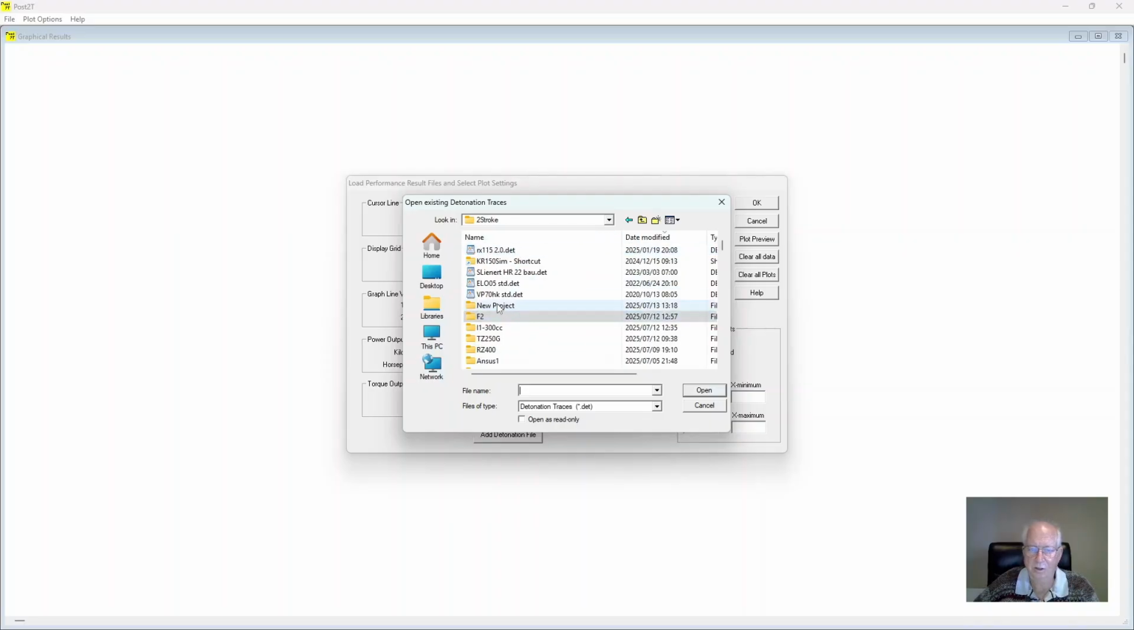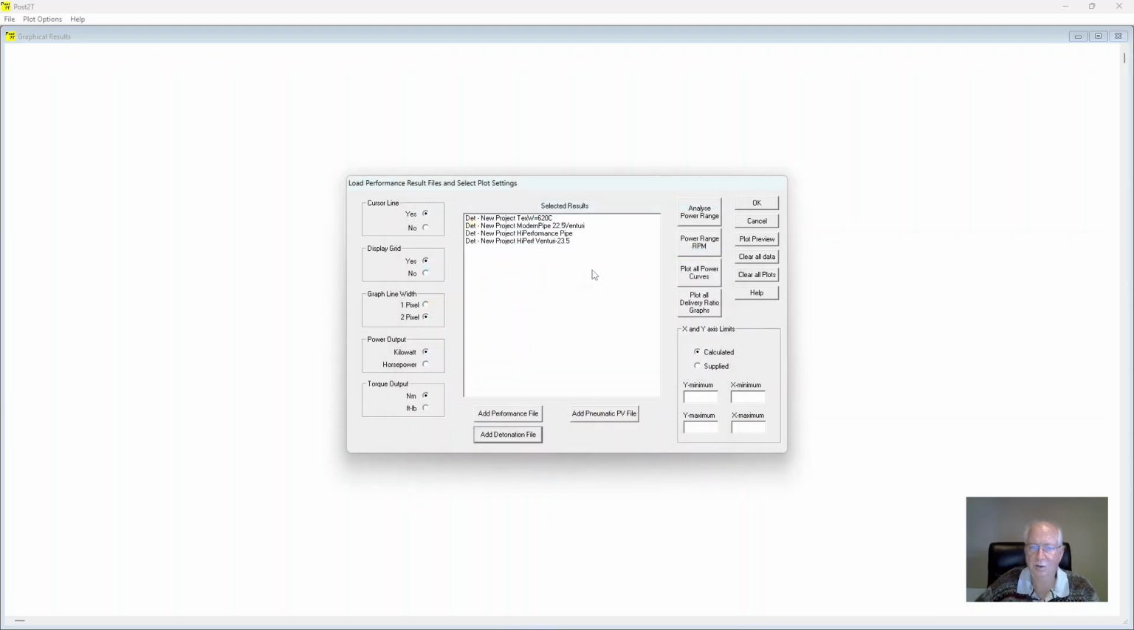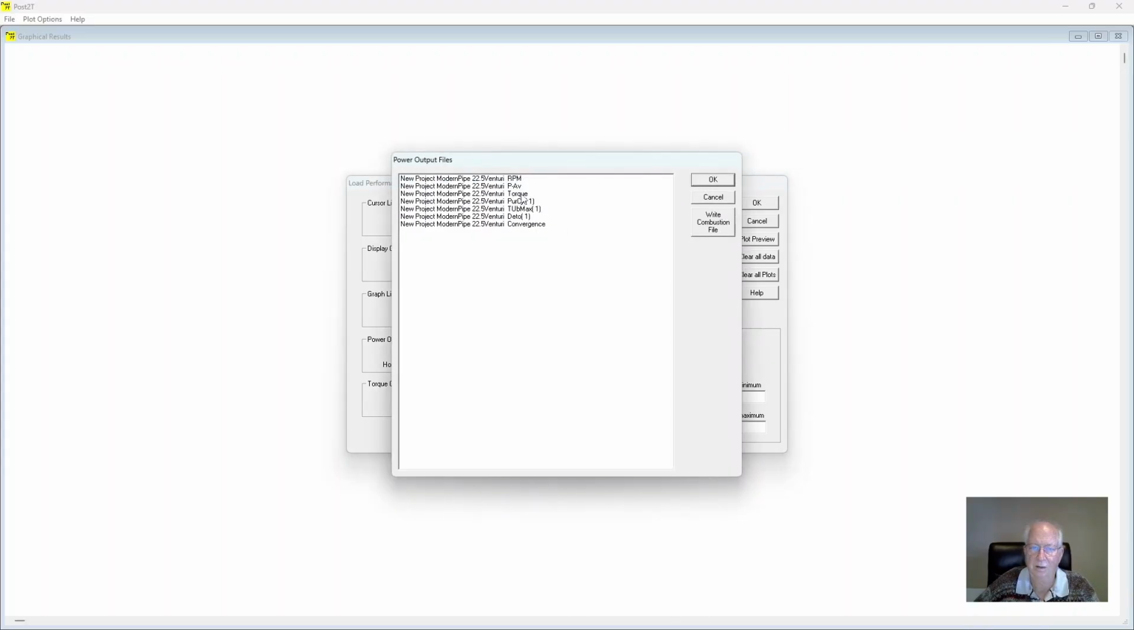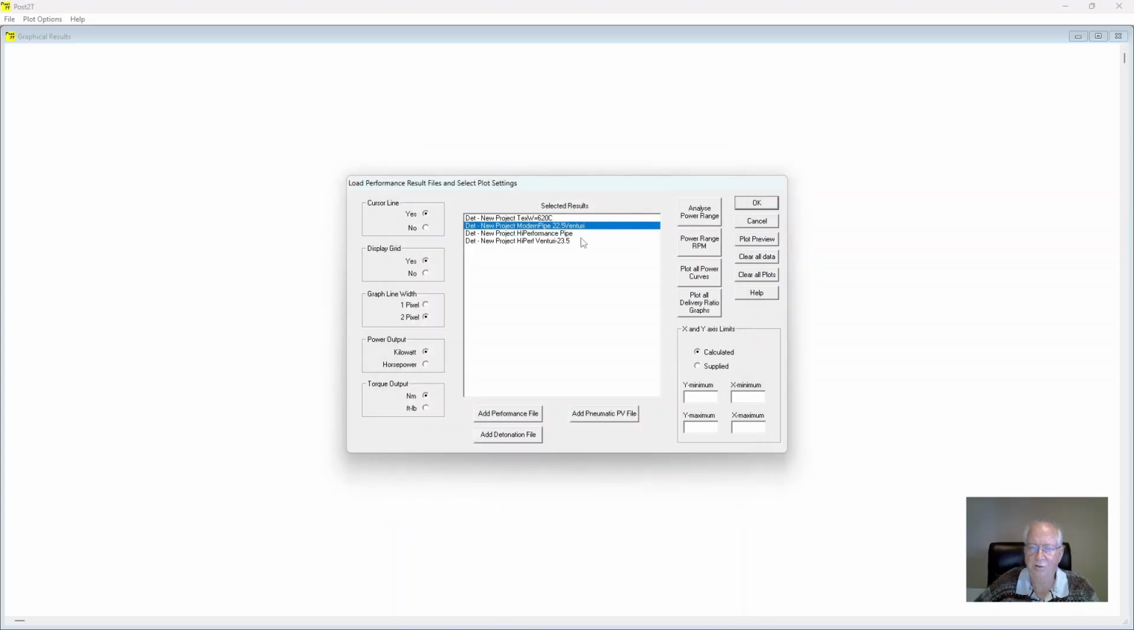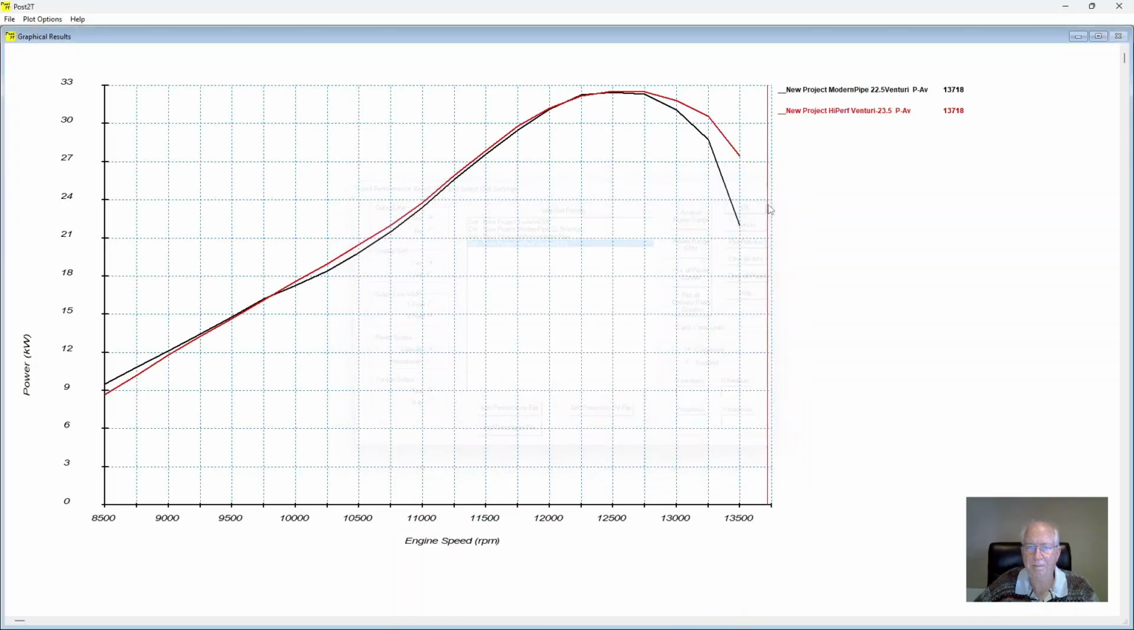In the directory, there's a new folder created with the project that we were looking at. Let's just compare the power of our final run there and the power of our final run here. You can see that the modern pipe gives a little bit better overrun and it looks a little bit stronger in the mid-range, so it's not a bad pipe altogether,